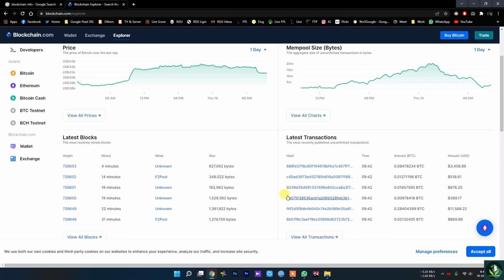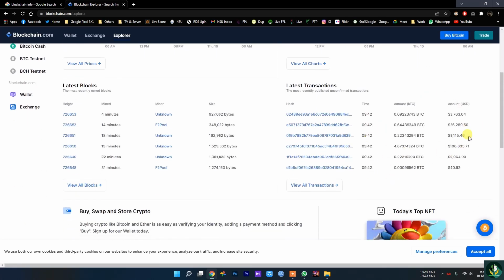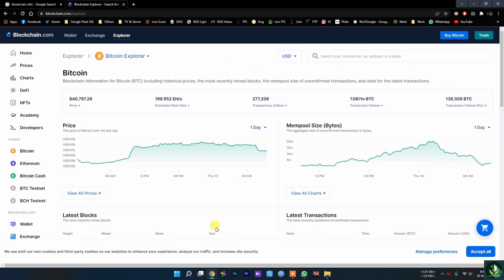This is how many transactions are being completed right now, and it's a very big number, as you can see here. It's live, and as you can see, quite a lot are being performed.